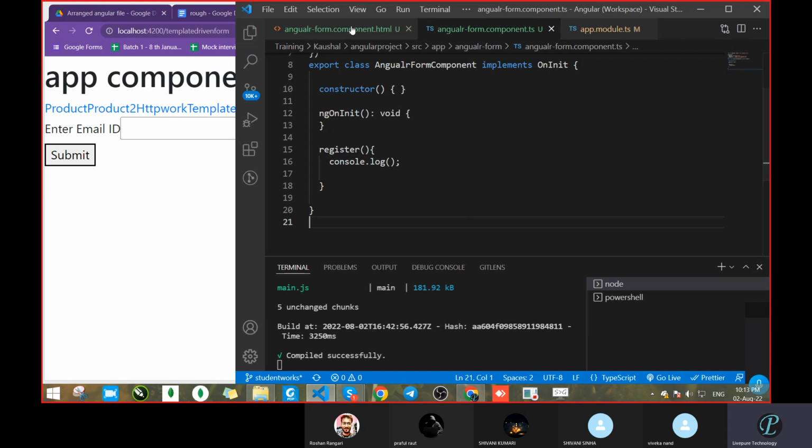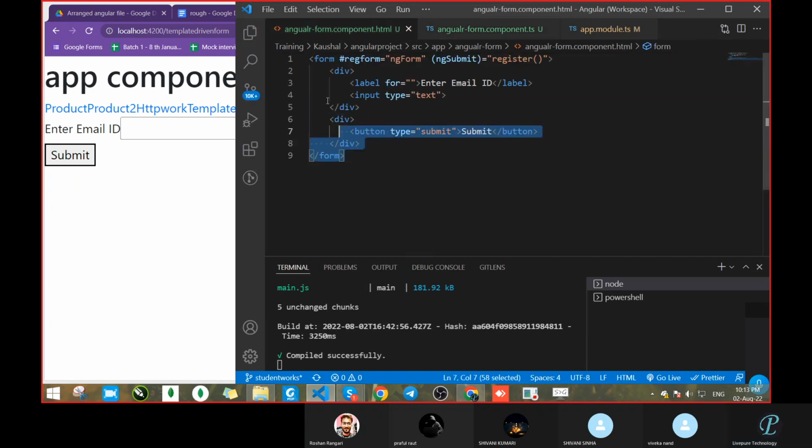So what we have to do is pass the data. Whatever form data is there, we have to pass it from the HTML to TypeScript. So how will we pass it? We will do all those operations with the help of this local variable. Which is the local variable? This ngForm is the local variable. So we will take this and pass it inside the register like this. Okay, and once we have passed it inside the register,